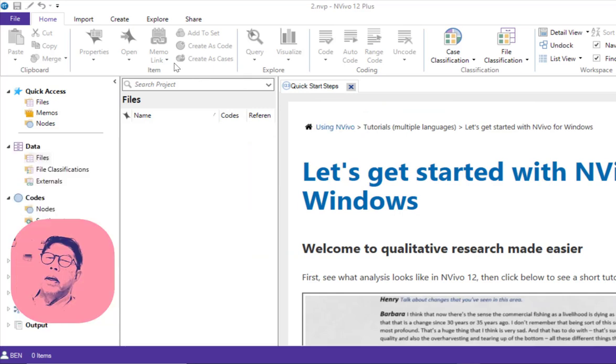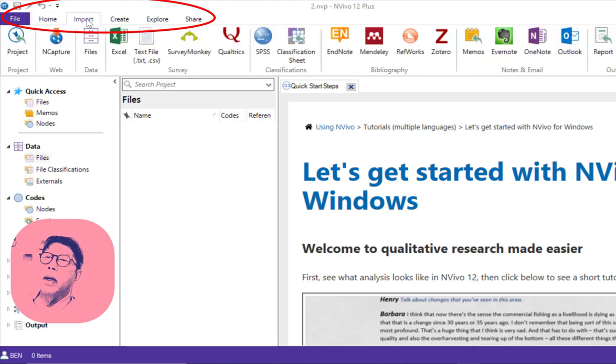So if you look, NVivo at the top has main menus: File, Home, Import, Create, Explore, and Share. I'd like you to click Import.